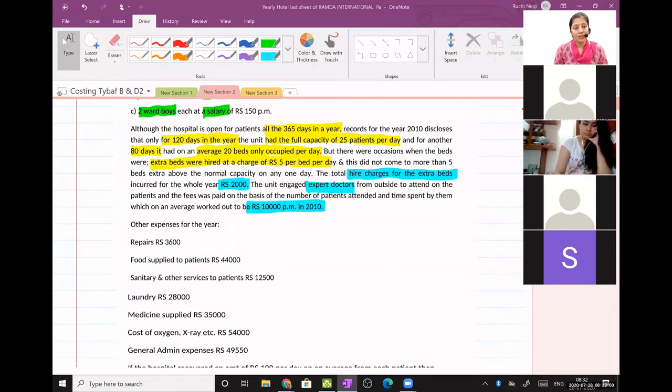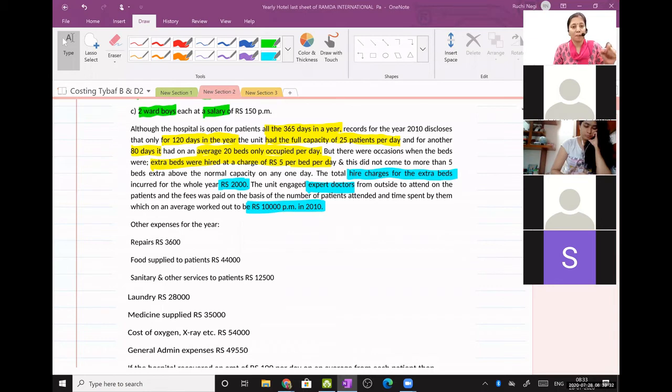I know why you people are saying variable, because in transport, repairs and maintenance was variable. But in transport, what is the definition of variable cost? Anything that depends on kilometers run. The more you run the car, the more repairs and maintenance or depreciation it needs. So it is variable. But here, Madhu, Aniksha, and Shubham are saying no. Okay, so now you feel it is which cost? It is a fixed cost.